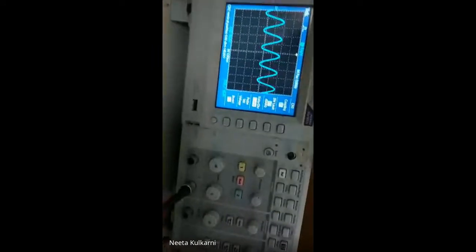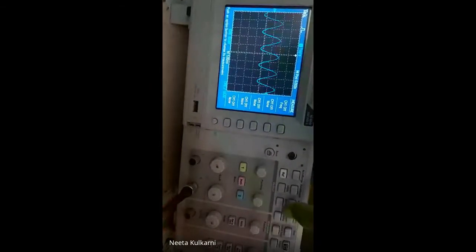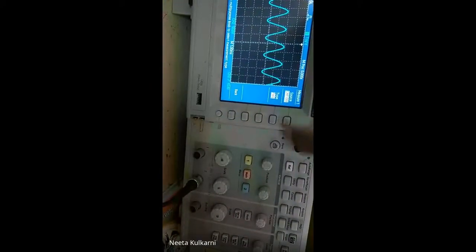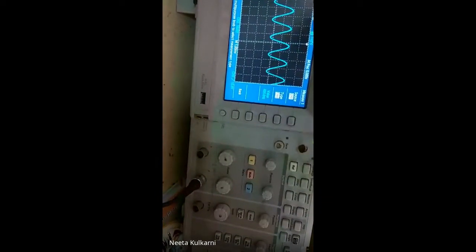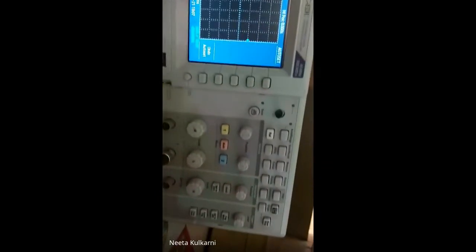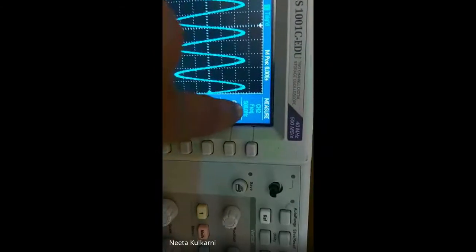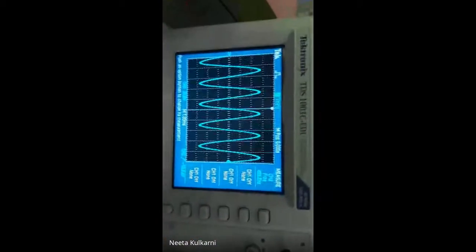This is just the frequency of my input signal. It is not given any measure here. I will measure it on channel 2, frequency. Press measure, and we get 500 hertz here. You see, channel 2, I am getting the frequency of 500 hertz.